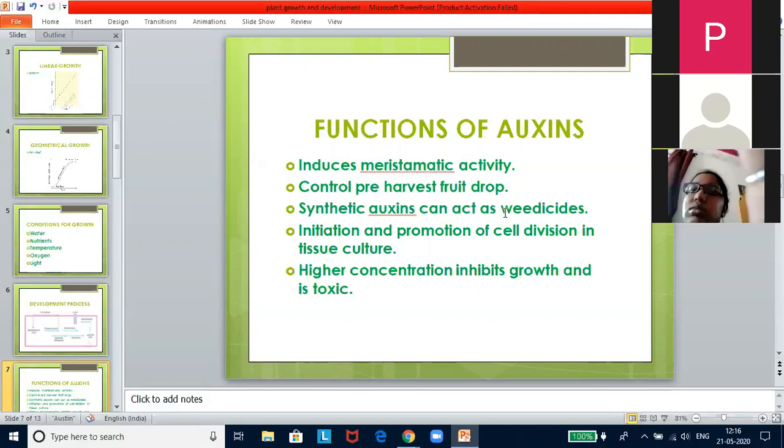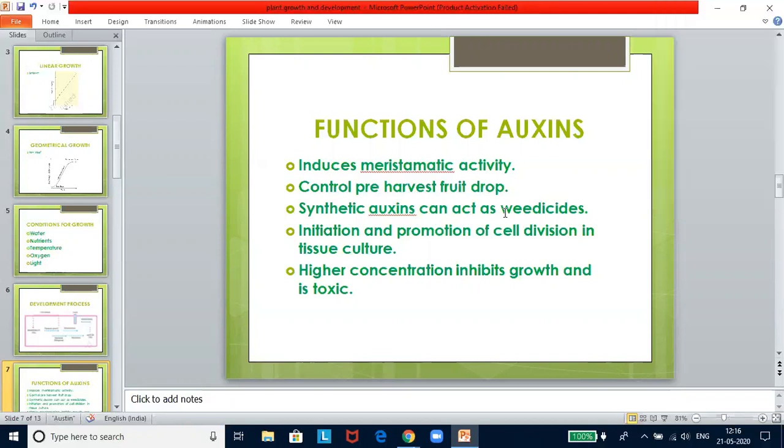The procedure involves the following steps. Avena is nothing but your oats. When oat seedlings have attained a height of 20 to 30 millimeters, about 1 millimeter of the coleoptile tip is removed. That is, from the top it is removed, and this apical part is the source of natural auxin. The tip is now placed on agar blocks for a few hours. During this time, the auxin diffuses out of these tips into the agar. The auxin-containing agar block is now placed on one side of the decapitated stump of the Avena coleoptile.